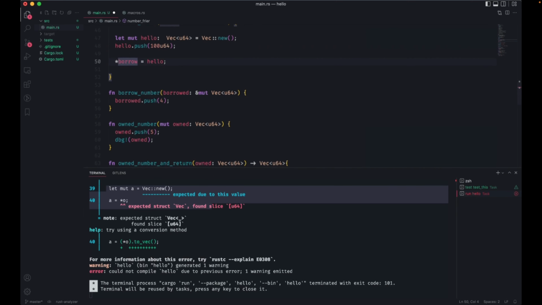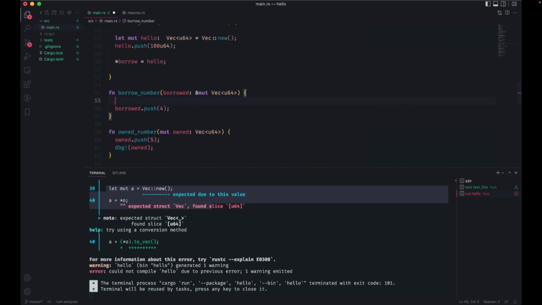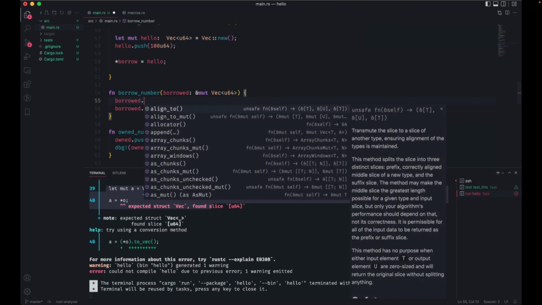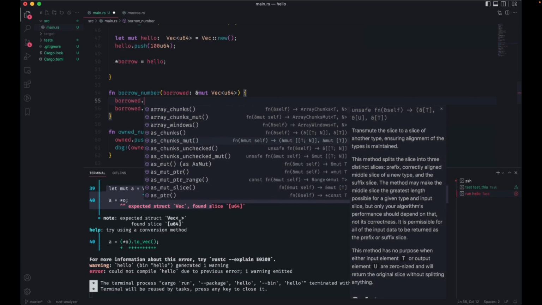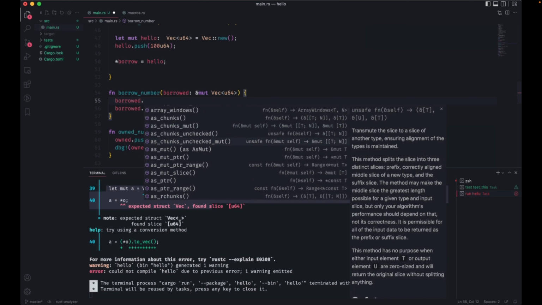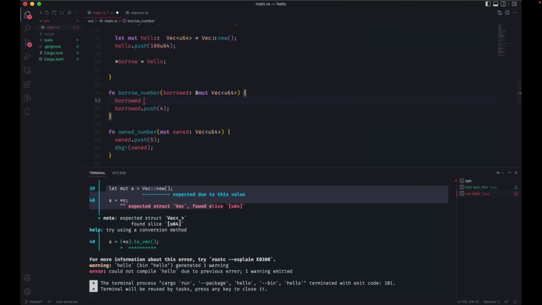I can do a bunch of things if I have a mutable borrow like this. There are plenty of things I can do to this, a lot of methods I can change, but I'm not able to do... I mean, let's do a test here, but I don't think I'm going to be able to do something like this.